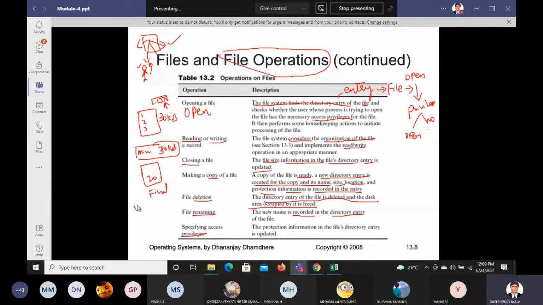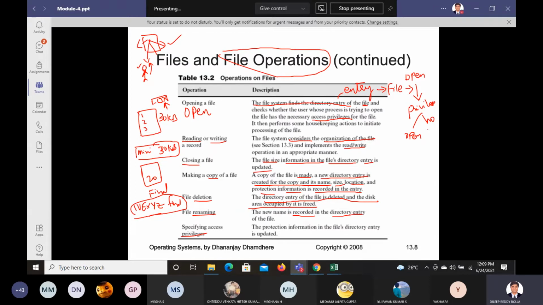Now what you do is give your USN number, 1VE and so on, and then that file is your final file. Like this, you rename. If you rename the file, what is happening here? The new name is recorded in the directory entry of the file. Inside the directory entry, the new name will go and replace the old name. The old name will not be there now. We have it completely with the new name.